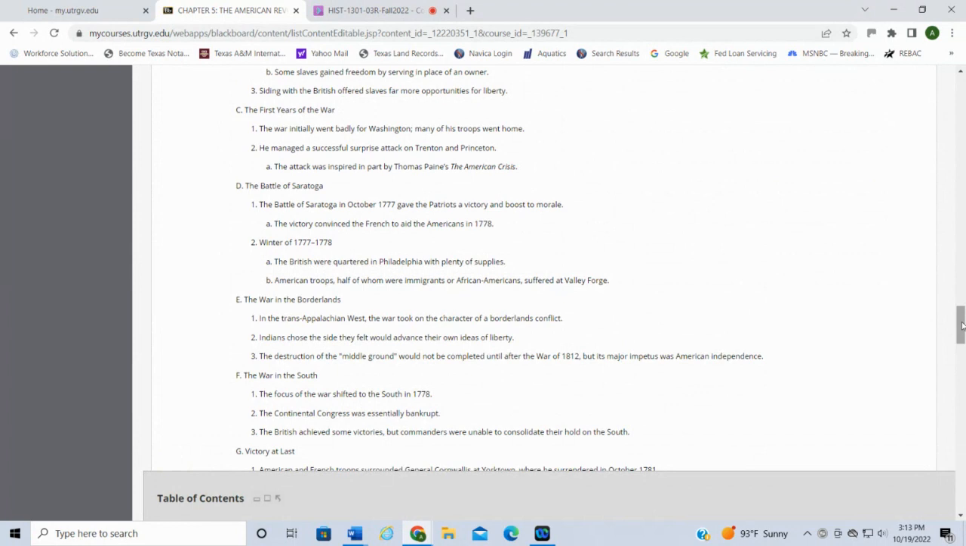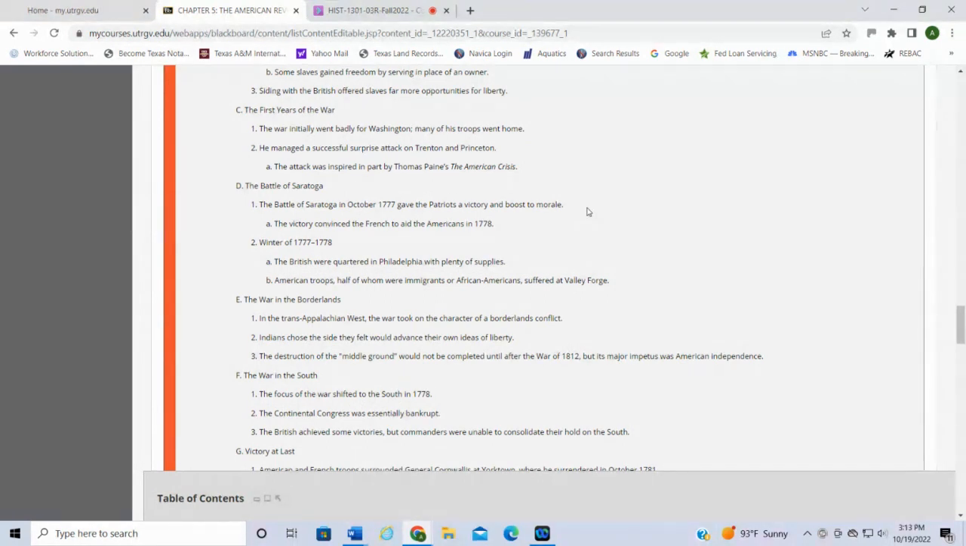It had been 20,000. It got down to 3,000. But now with some of these victories here, the Americans were starting to gain more momentum. So the Battle of Saratoga gave the Patriots a victory and boosted morale, because the two British generals, they had